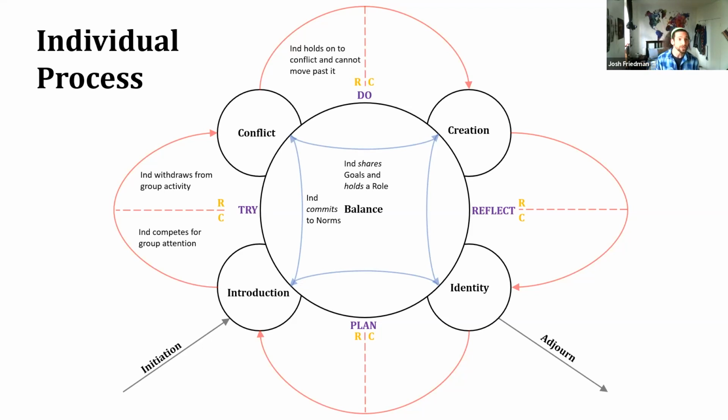If they don't, they might hold on to that conflict and they can't move past it, right? Or they might choose a role and a goal that is absolutely disharmonic with the rest of the group. I'm going to do what I'm going to do, and I'm going to work on this thing, and you guys do whatever you want to do. I don't want to be a part of your group, right? Because they haven't been given a role that is meaningful to them, or they don't share that goal that we're looking for them to engage in, right?